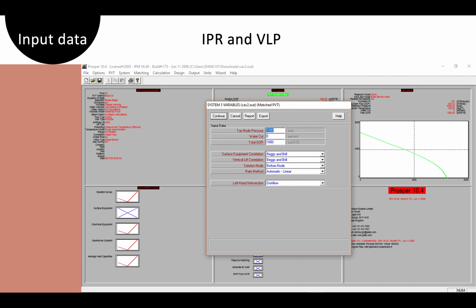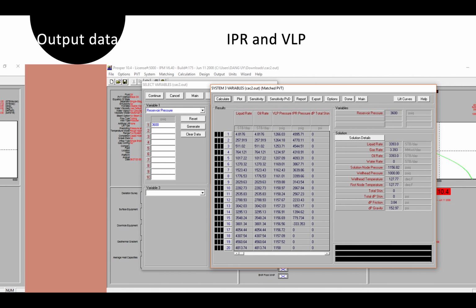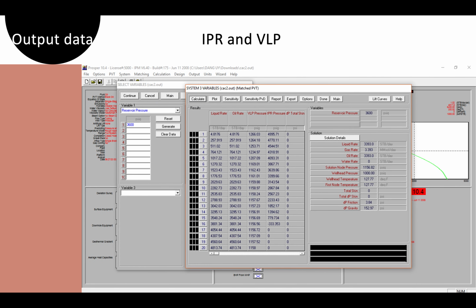Next, I want to calculate the data with the 3 variable system. At this part, I input the top model is 1000 psi with the total GOR equal to 1000 cubic feet per STB. Then the method here will be the Fancher-Brown method. Then I have the calculation table showing the change of VLP pressure as the IPR pressure declines. Here I consider the reservoir pressure is